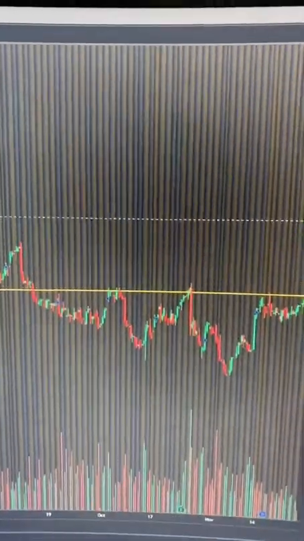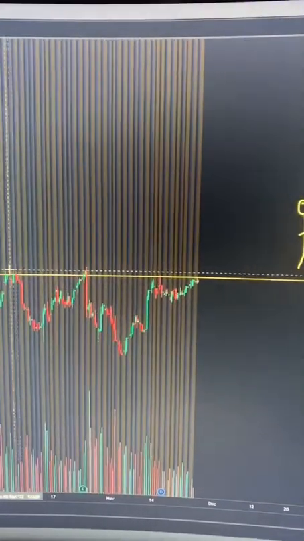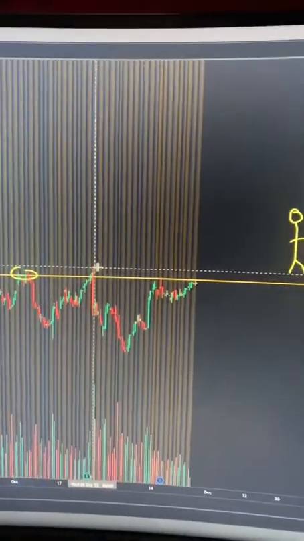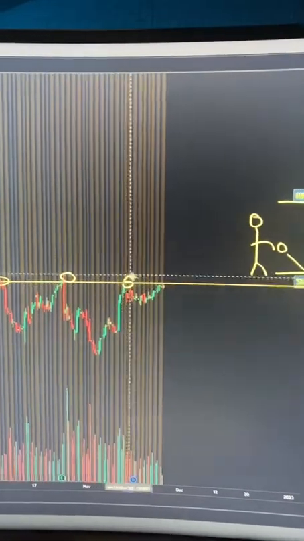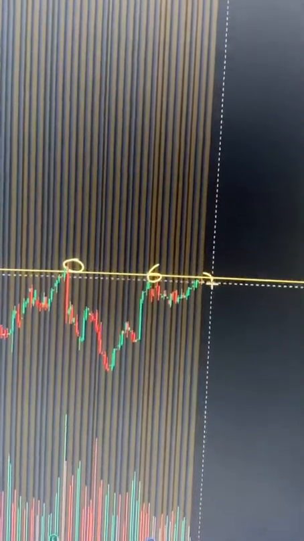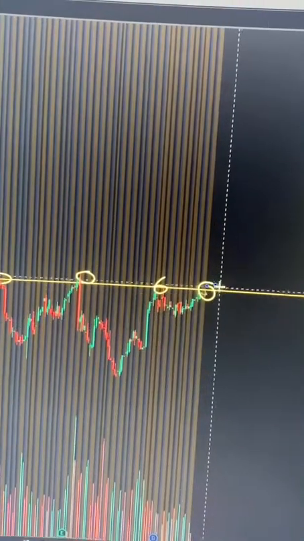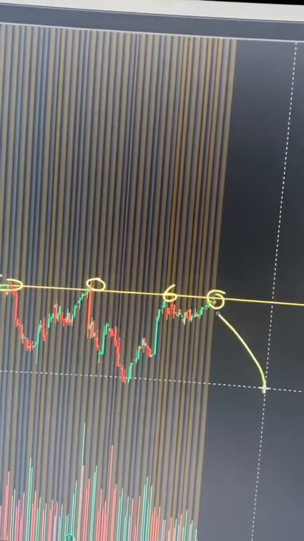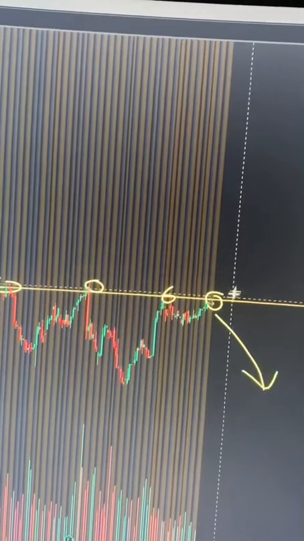We have a resistance. We have one touch here, two touches here, three touches here. And now guess what price is doing right now? It's at this ceiling. So what could we expect here? We could either expect price to come back down, or price to rip right through this ceiling, which I